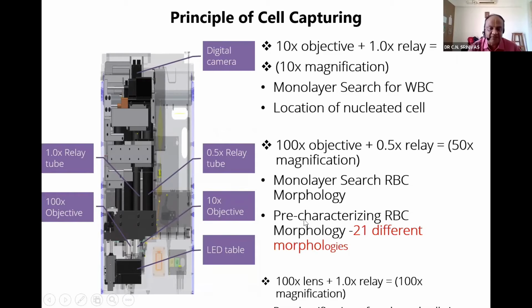It counts about 500 RBCs to give you a perfect morphology of the RBCs. Coming to the WBCs, a monolayer search for the WBCs has been done, especially when there is a location of the nucleated cells. At about 100 to 500 cells, it can magnify and it can give you a sorter itself. Most of the time, the WBCs are sorted for about 100, the RBCs for about 500, and the platelets are also counted with these machines.